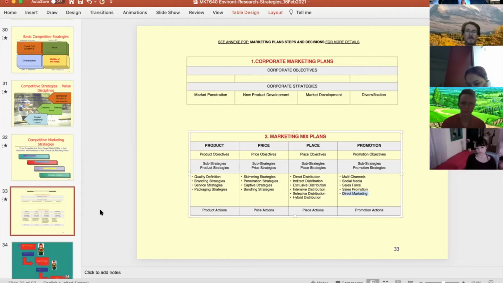So the surgeon who is in charge of the promotion is going to say, hey, to help market penetration at my level, which is a lower level, my promotion objective is to increase the number of promotion activities by 12% as well, to increase the sales by 12%. Usually they're connected, and then you say, so to do that, I'm going to do direct marketing. And then you give it to someone else, smaller than the surgeon, which is the guy that's going to be going on his computer, sending things, coding things, right? So you have an army of people.